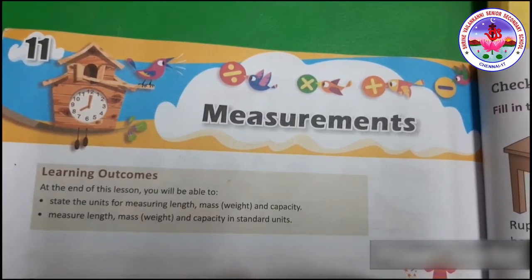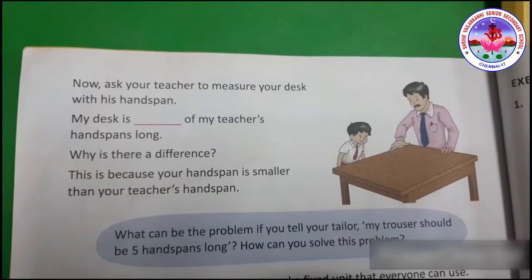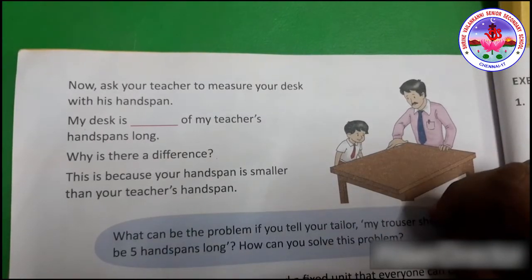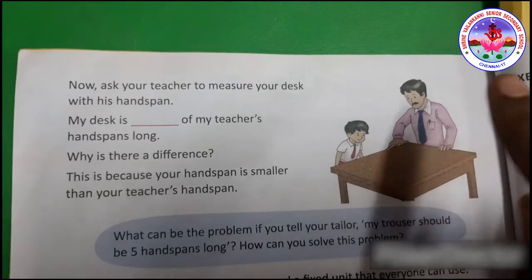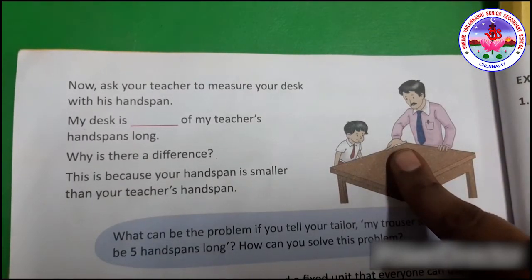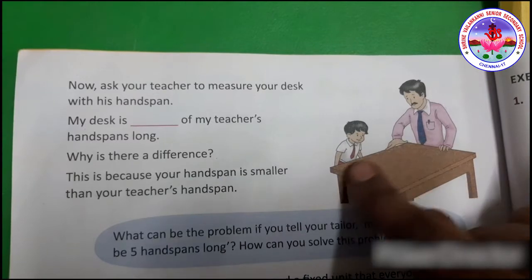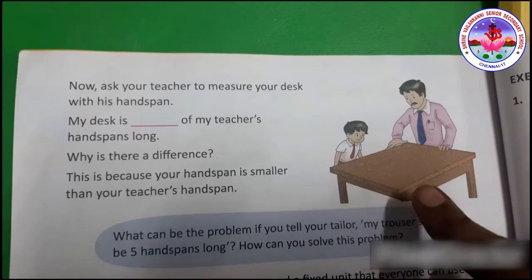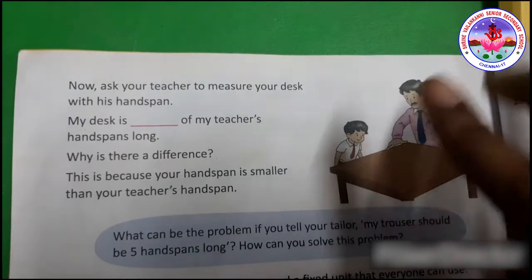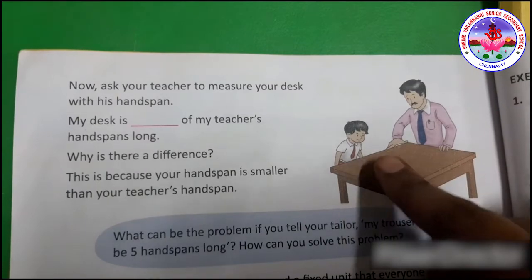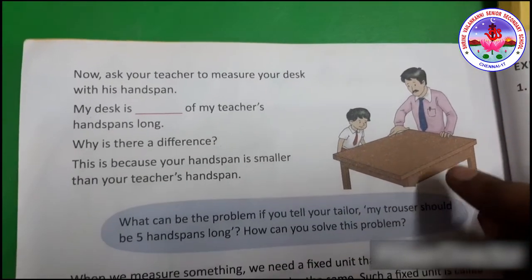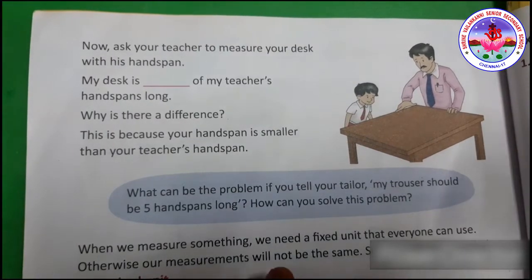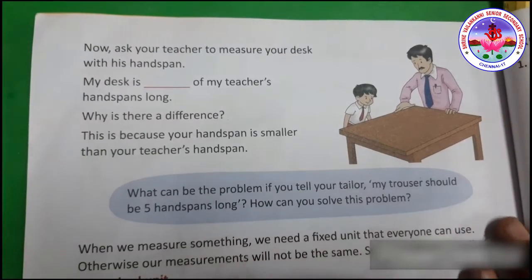First let's see measurement of length. As I told you, we use body parts to measure the length of objects, right? Here, can you see he is using a handspan, but the handspan measurement of an adult differs from that of a child, so if both of them measure, you will get different answers. So that is a non-standard unit of measurement. So we are using a fixed unit, which is called a standard unit. We are going to learn two things, that is centimeter and meter.